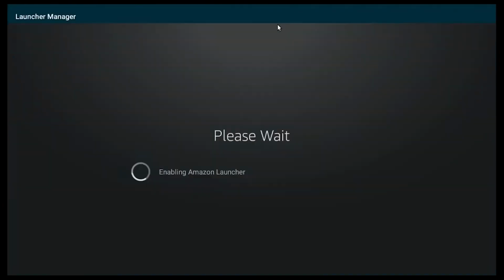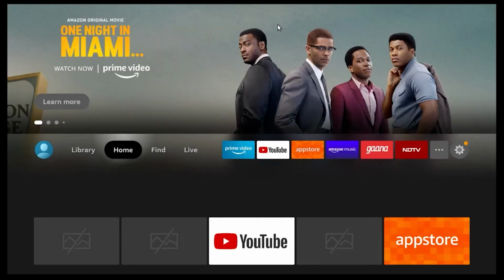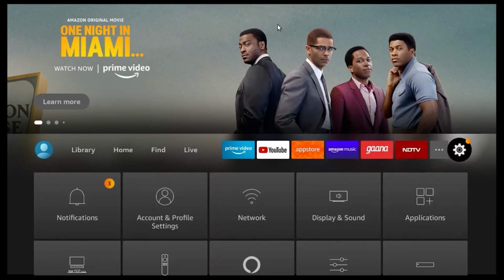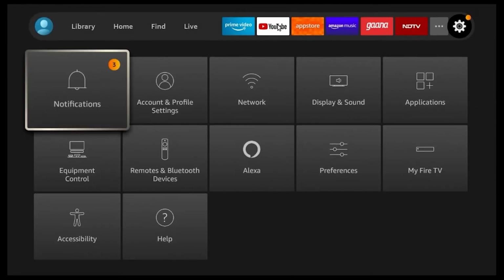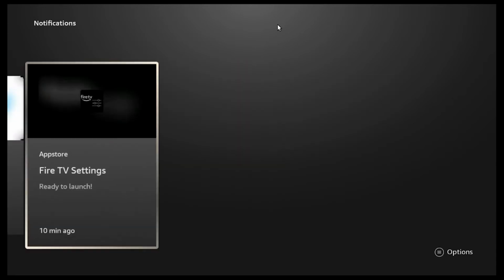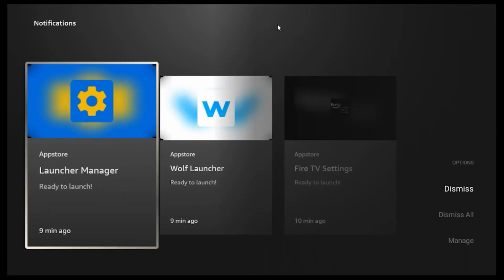So if you again want to disable the custom launcher, click on enable stock launcher and click on allow or OK. It will be reverted back to the default Fire TV Stick launcher. Here you can see in the settings, this notification or all other settings will not be coming if you have a custom launcher. Here you can see the 3 apps I have installed, or 3 APKs, which I will give in the link in the description: Launcher Manager, Wolf Launcher and Fire TV Settings.